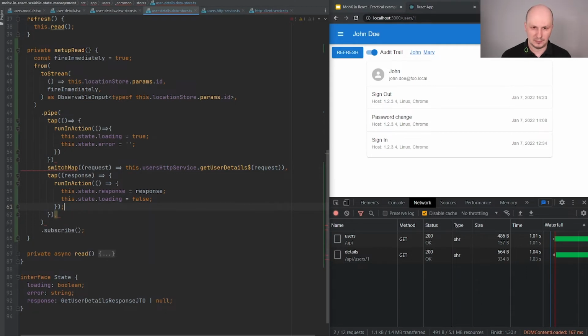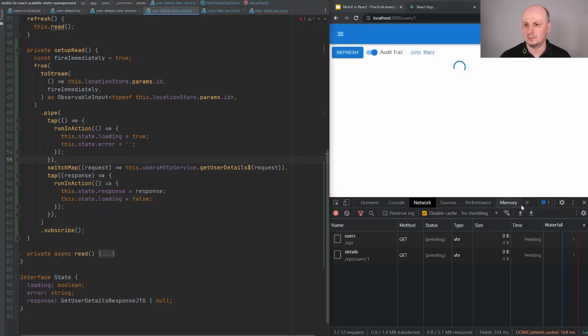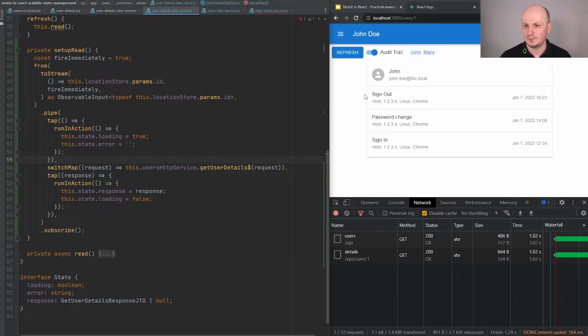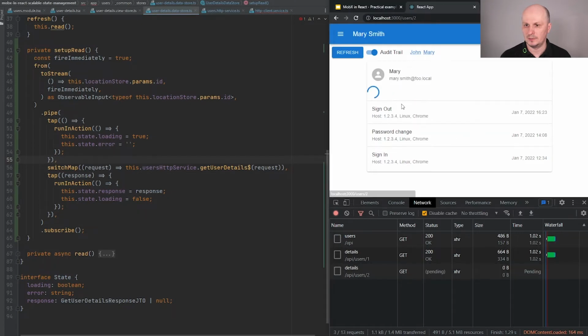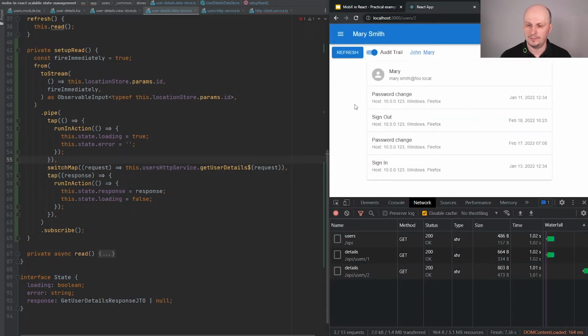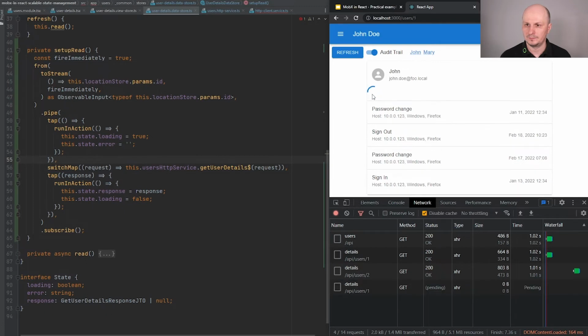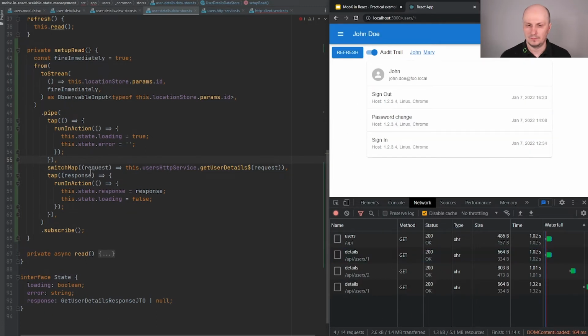All right, I think that's it, and let's see how it works now. Okay, when I switch to Mary, yes, I see the spinner. So we have a working loader done.